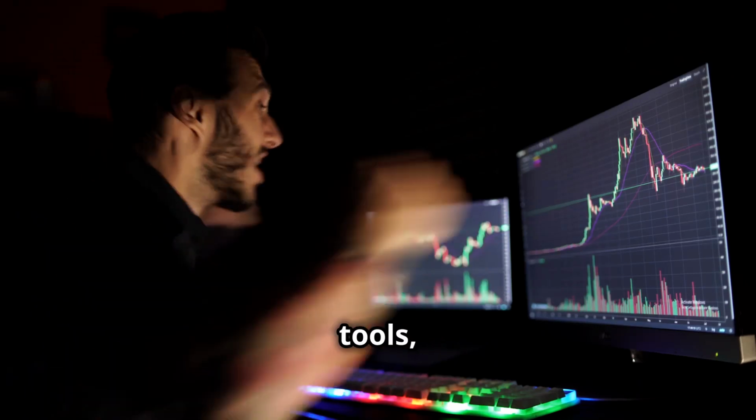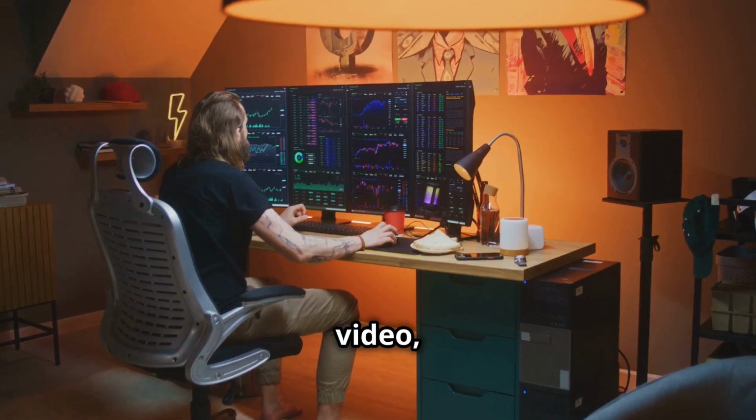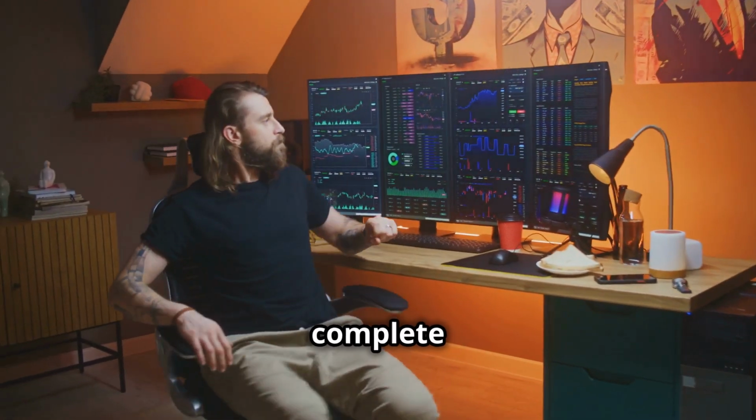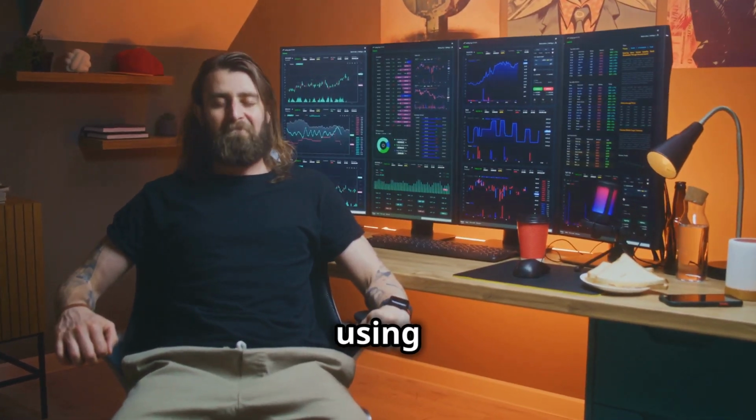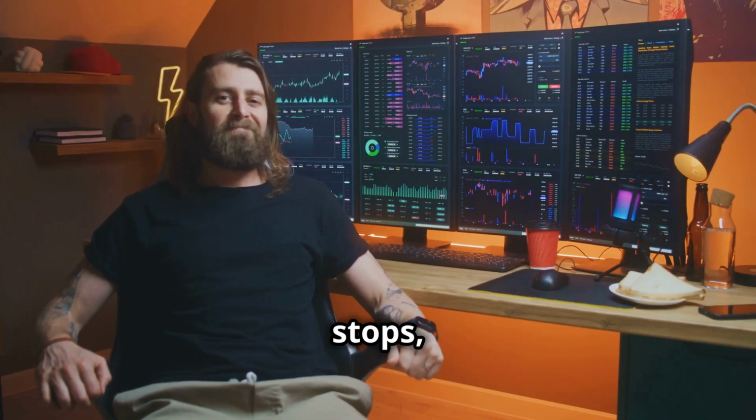You've learned the tools, now it's time to put them into action. In this video, we'll walk you through a complete trading setup using liquidity concepts to identify entries, place stops, and